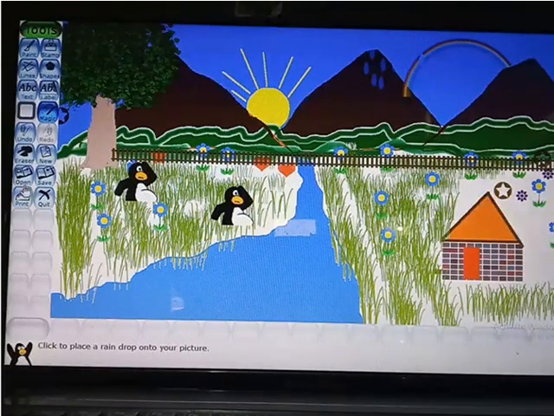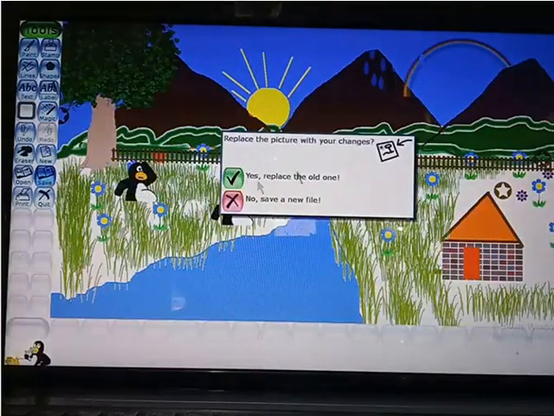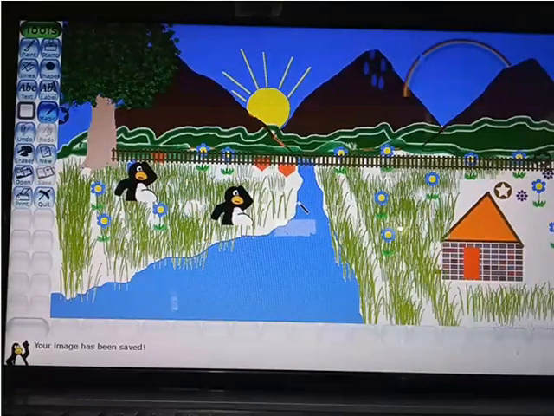Now coming to the save, yes, replace old one, yes, replace. You can replace the old one, or you can draw a new one, so the old one will remain as it is and the new one will be created. ओके पुराना वाला भी रखना है और फिर से नया भी ड्राइंग कर सकते हो, और पुराना वाला को भी रिप्लेस कर सकते हो.